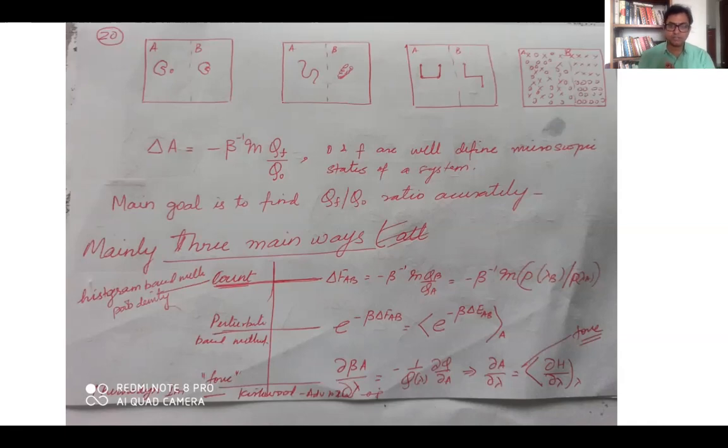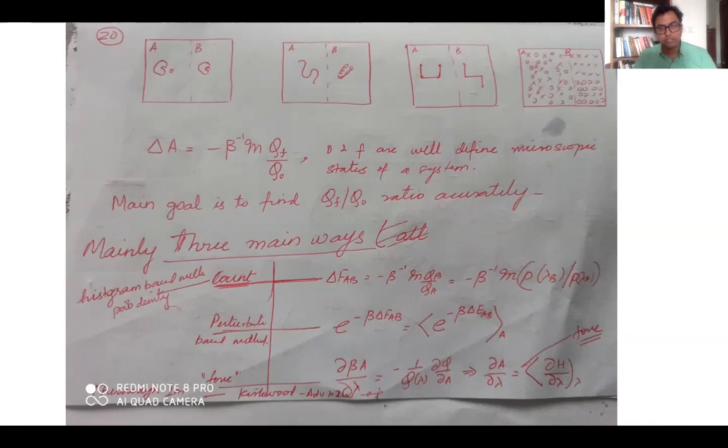So at the start of the course, I don't know if I told you, but there are essentially three different categories of free energy calculation. One is counting or histogram based methods, which I will cover in the coming weeks when I'm talking about all the classical works of John Valleau and Torrie and Ferrenberg and others, going all the way back to the late 60s, early 70s, and then coming to some of the seminal papers by Kumar and others on umbrella sampling, and then later on weighted histogram and Bennett acceptance ratio.